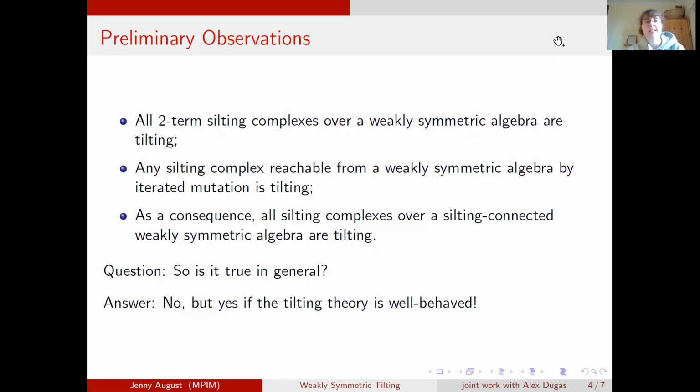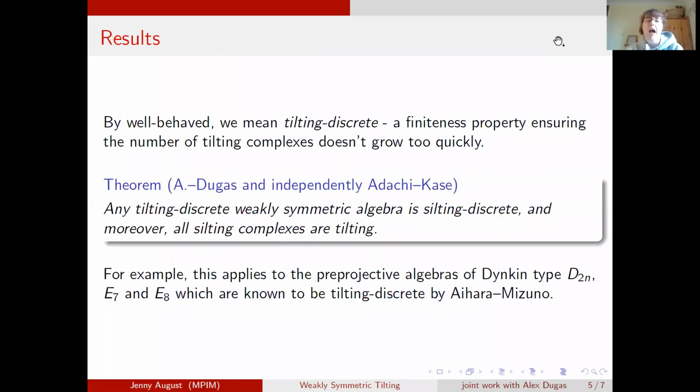So the first thing is to come actually to the second result and tell you what I mean by having well-behaved tilting theory. This is a property called tilting discrete, which was introduced by Ehara. And without giving you the definition, it essentially means that the number of tilting complexes can't grow too quickly. So there's somehow a bound on the number of tilting complexes. Ehara and Mizuno actually have some really nice characterizations of tilting discrete and also of the silting analog,